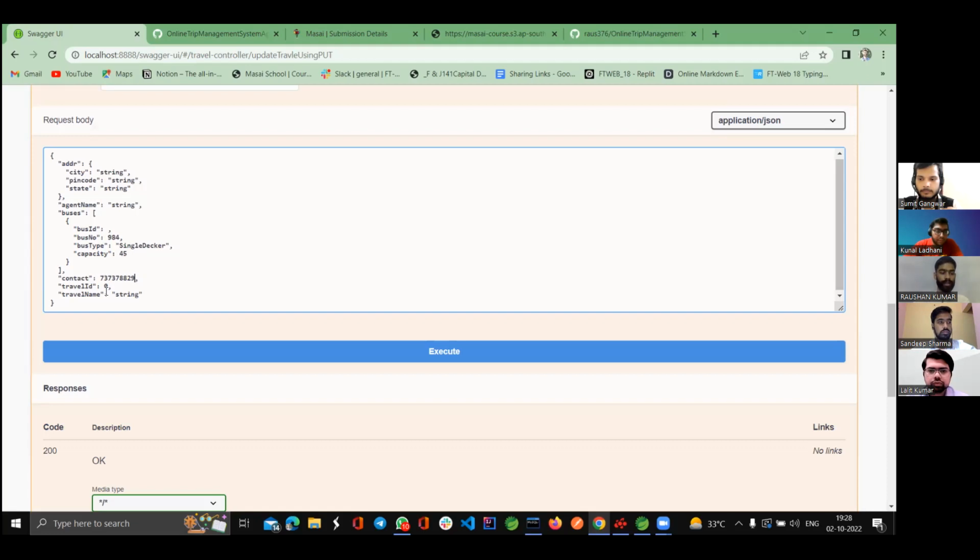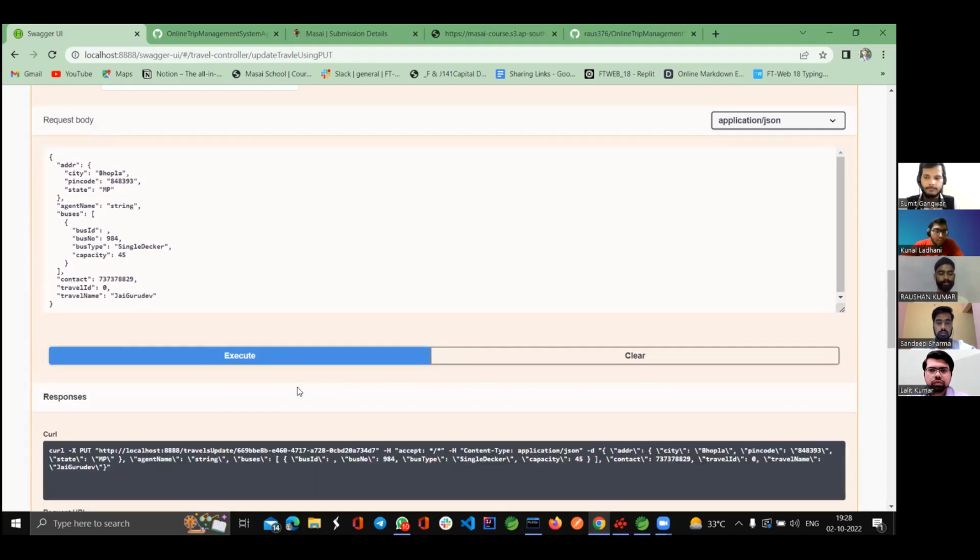I'm putting that here. Travel ID is generated, and the travel agency name I'm putting Jai Gurudev, and the address I'm putting random, Bhopal, and the pin code should be random. It would be 6 digit. So state would be MP. When I add this,